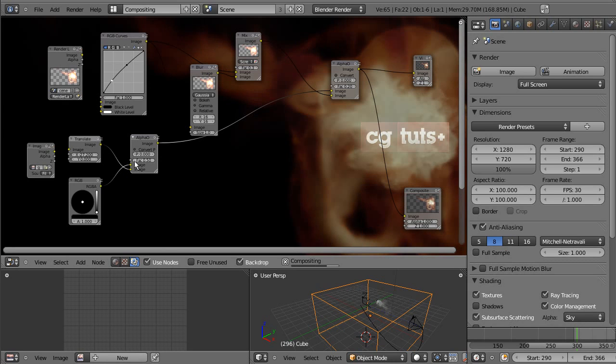And it's getting away. So let's go one frame to the left in the animation. Let's change it back to default. Let's go to frame